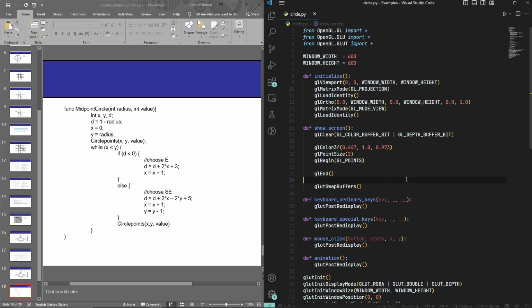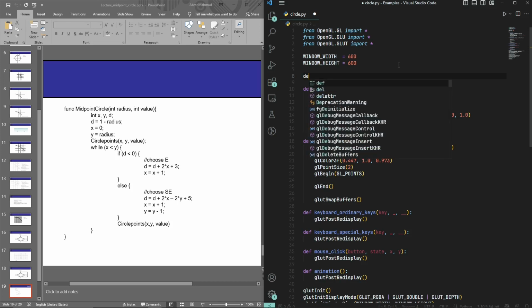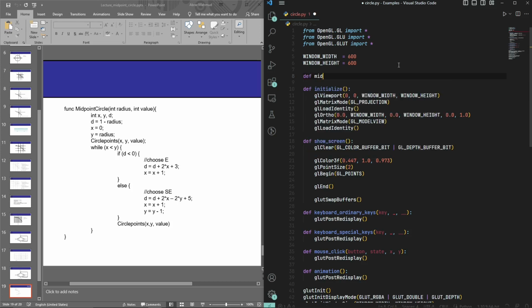So today's topic is just midpoint circle, so it will be very short. You already know midpoint circle from the theory lecture, so I won't go into the theory much. I'll just implement this pseudocode in our Python implementation. For this, there is a function called midpoint circle. I'll define a function here called mid circle,